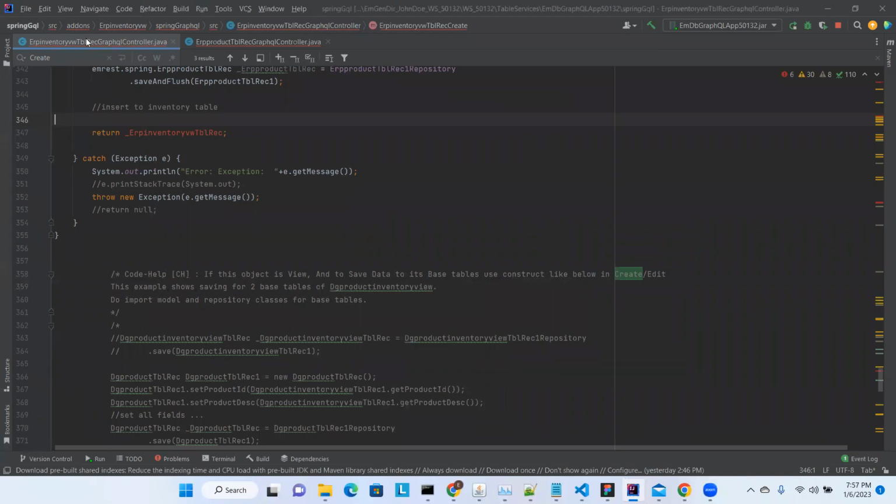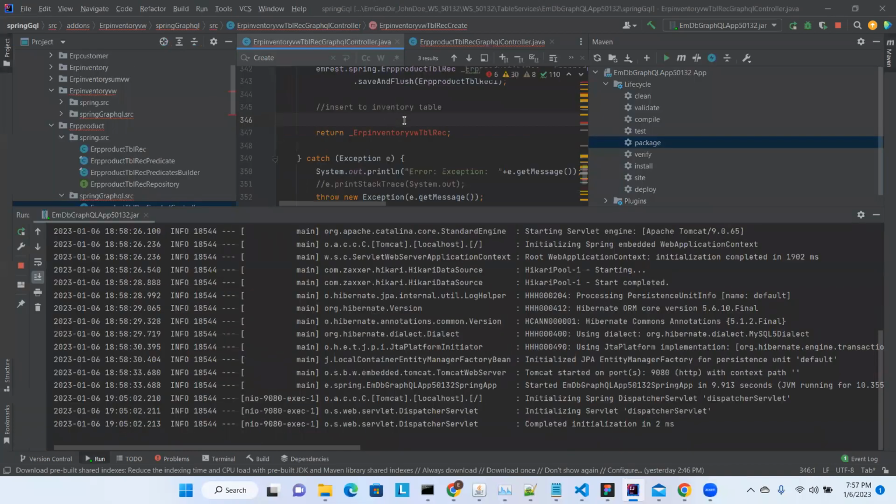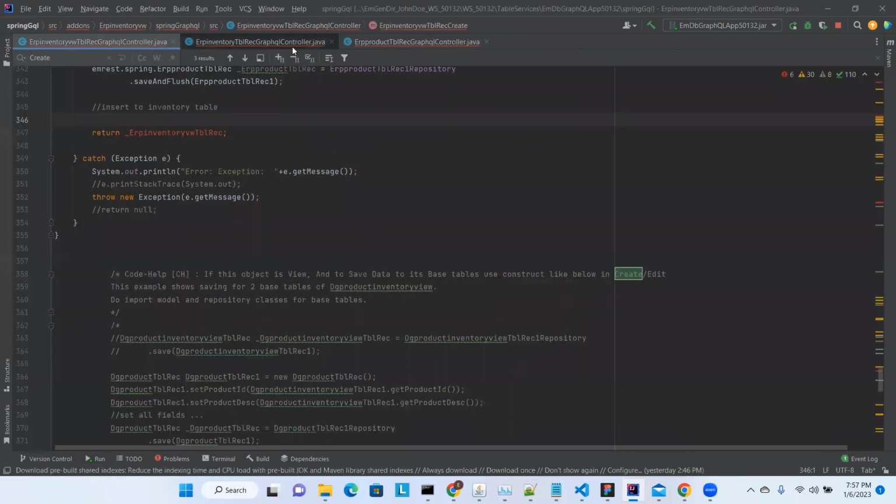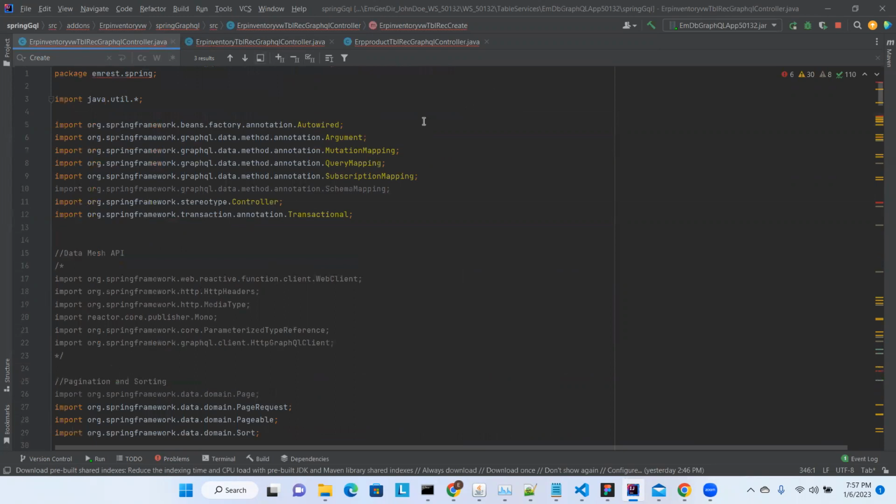Let's repeat the steps we did for the product table. I'm going to look for my inventory table controller. So let's go sequentially. First, let's also get the